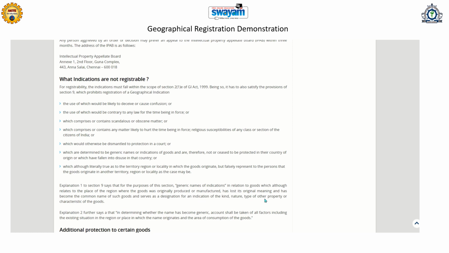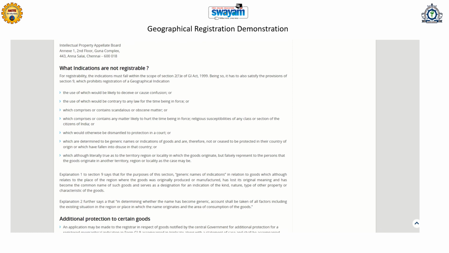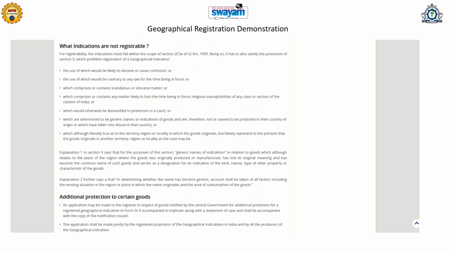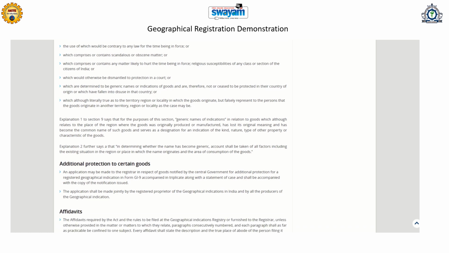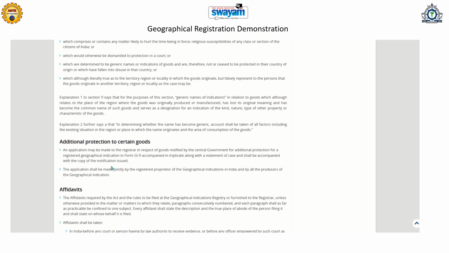So there are chances that if a product is produced in the England territory and it is labelled as made in India, such confusing or misleading words will not be accepted. Then, under additional protection to certain goods, the applicant may apply to be registered in respect